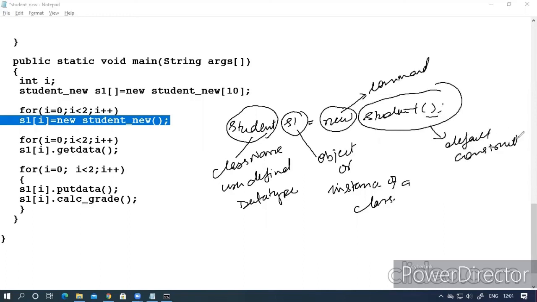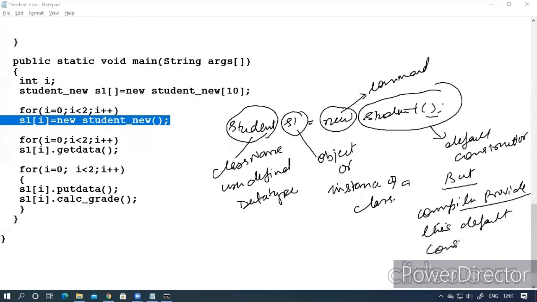We had not made it, but the compiler provided it. So from where are we getting this default constructor? From the compiler. So this statement has been done.